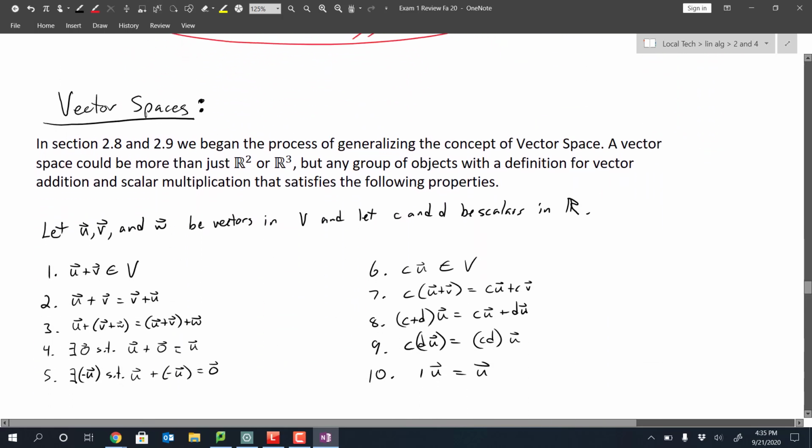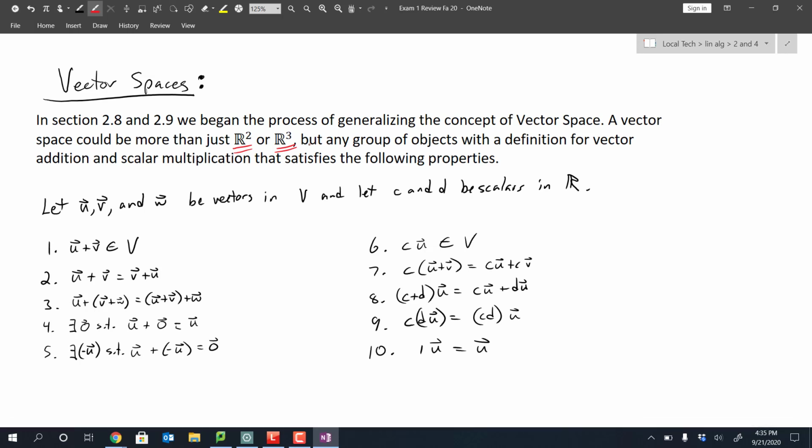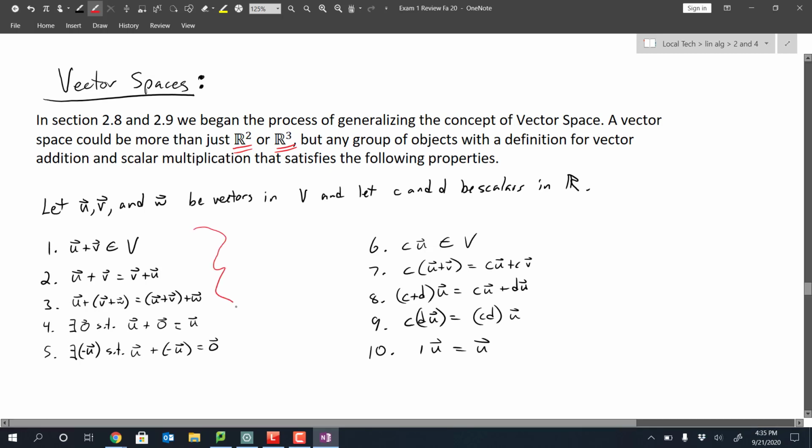That wrapped up 2.3. From there, we launched into 2.8 and 2.9, where we talked about vector spaces. We began this process of generalizing the concept of vector space. A vector space could be more than just the R2 and R3 spaces that we've been working with, but instead it could be any group of objects with definitions for vector addition and scalar multiplication that satisfied our properties. We basically had two different groups of properties. We had additive properties, and